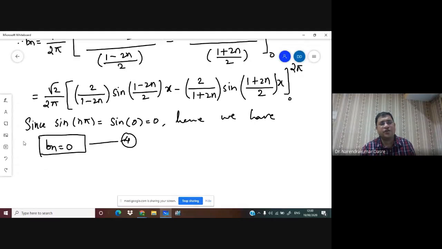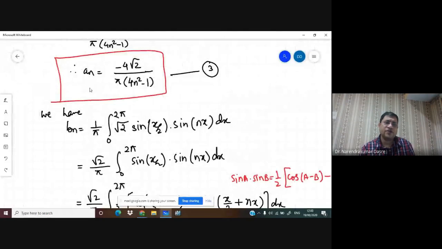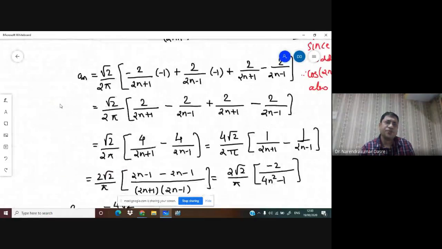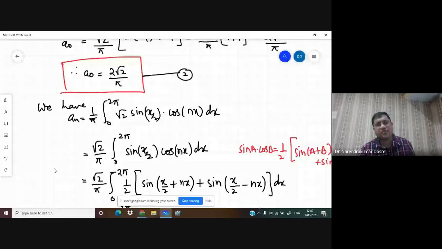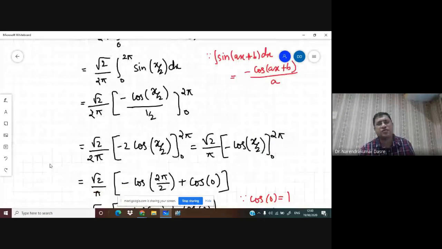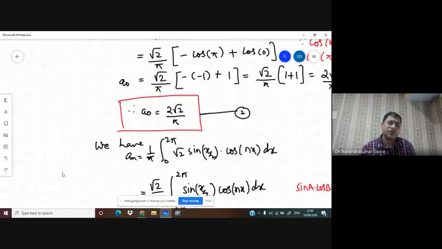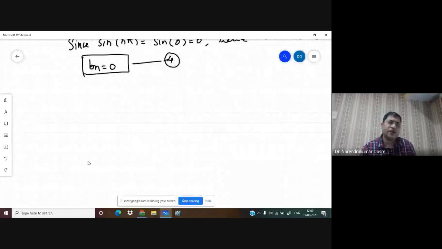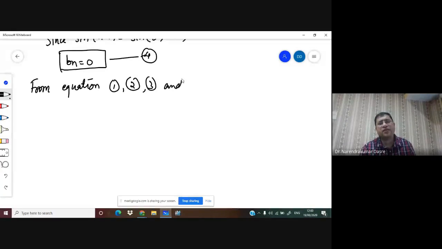So we can say this entire Bn is going to be 0. So now we know the value of An. We have calculated the value of An. Also we have calculated the value of A0. Once we know the value of A0 and the value of An, using these values in equation 1, we are able to write the Fourier series. So let us write the Fourier series that we have obtained. And hence we say, from equation 1, 3, and 4,